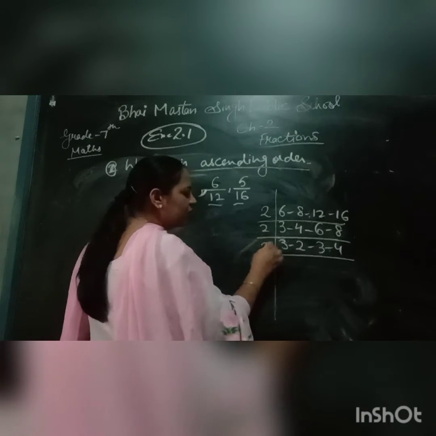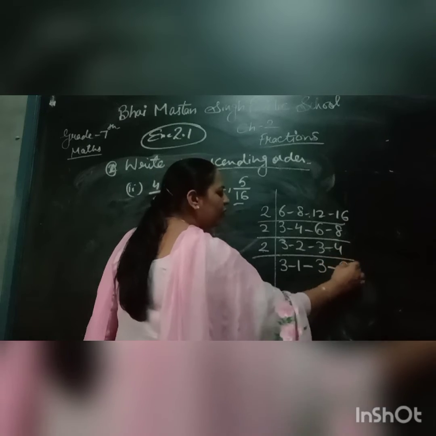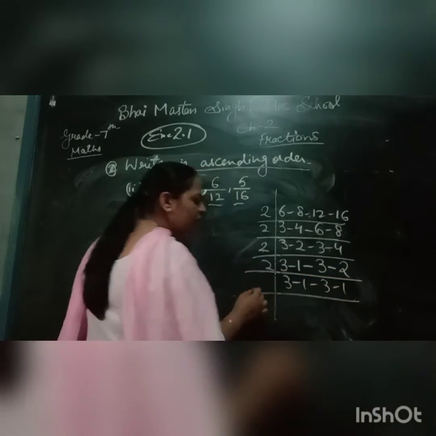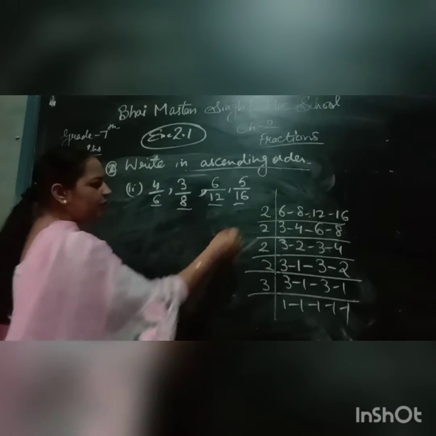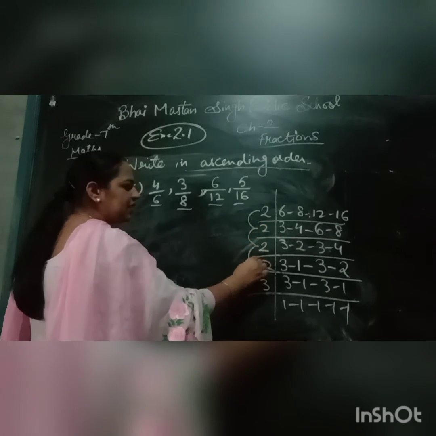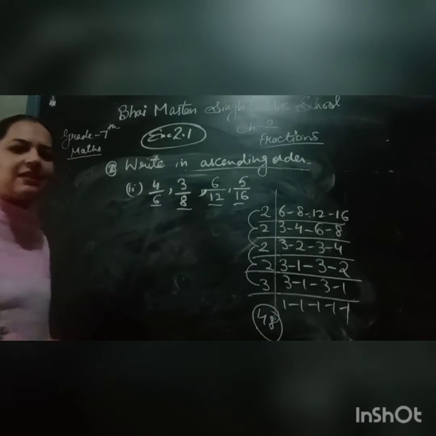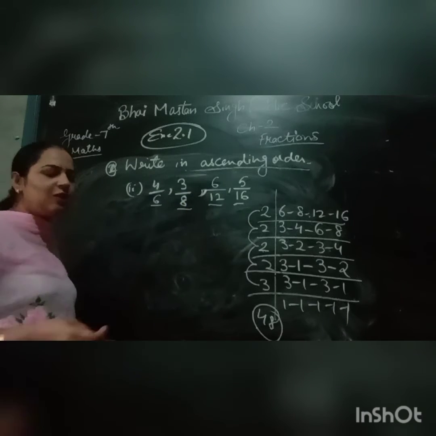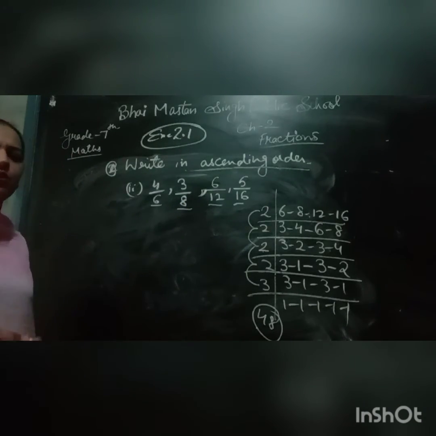Now it again goes for 2. 3 doesn't come in it. Then 2 comes, 3, and 4 by 2 is 2. Now again 2. Now 3 is left, so I will go with 3. So what is the LCM? 2 twos are 4, 4 twos are 8, 8 twos are 16, 16 threes are 48. 48 is the LCM, it is the common multiple of all these numbers. It means 48 comes in their tables. So I can change them into like terms.